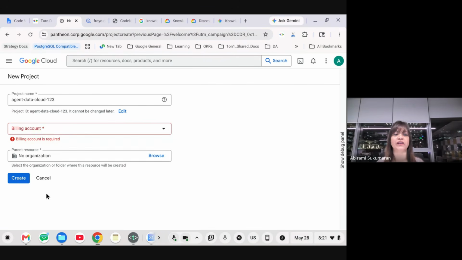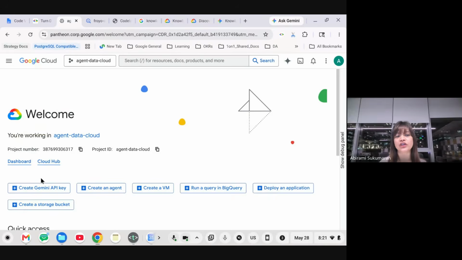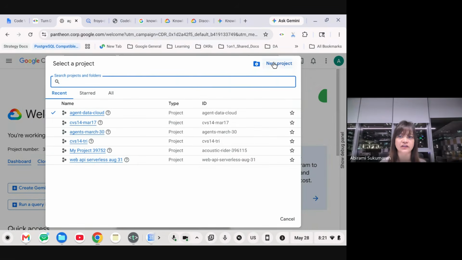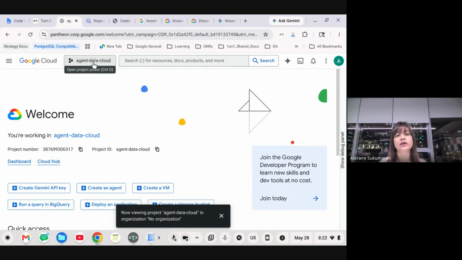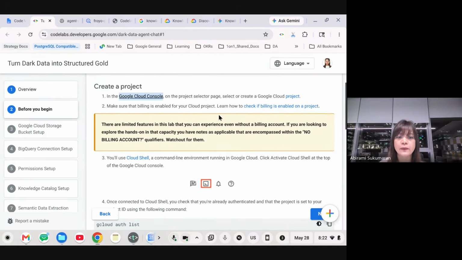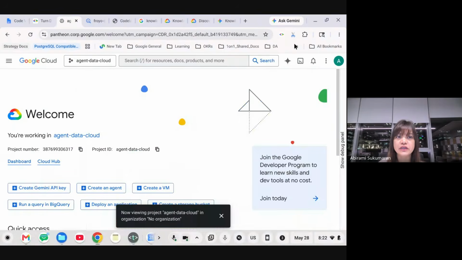If it doesn't show, that's totally fine. Leave it like that. Parent resource, leave it like that, and you don't have to change anything else. Just create a plain project without any active billing account. That should be okay. You should be able to create one by clicking the create button, and in a few seconds it should be created. Once you've created the project successfully, you should be able to see this page with your active project selected.